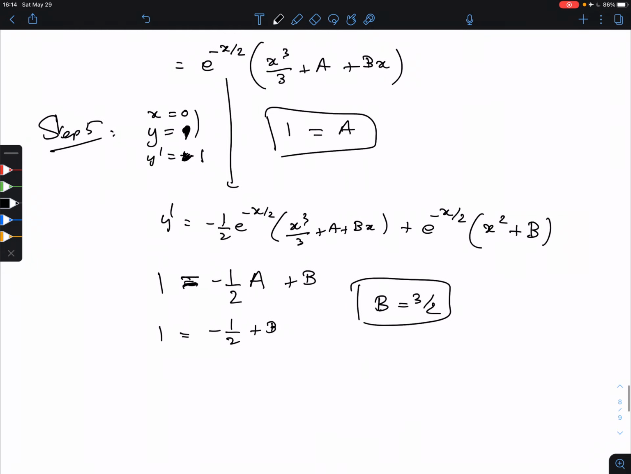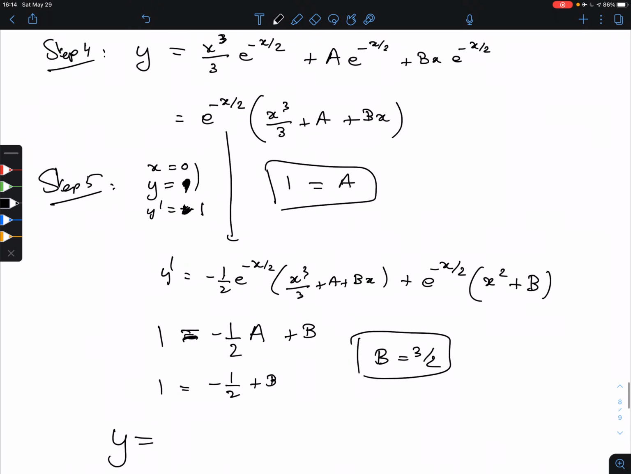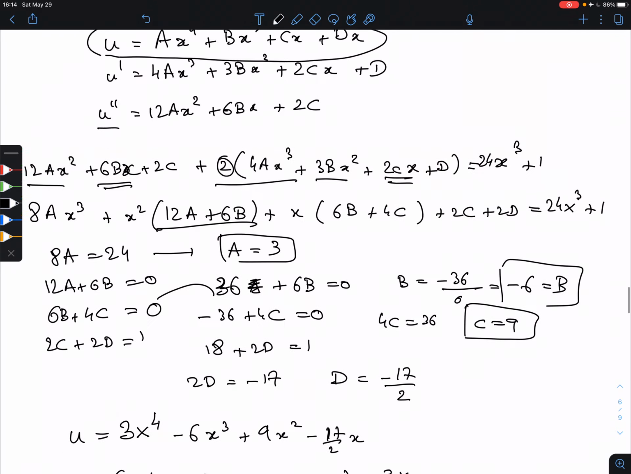And that's the solution, so this is the last thing I do. And then the rest I leave for you to do as homework. So the solution of this initial value problem is y equals e to the minus x over 2 times x cubed over 3 plus 1 plus 3 over 2 x. Okay. So, just recapitulating,